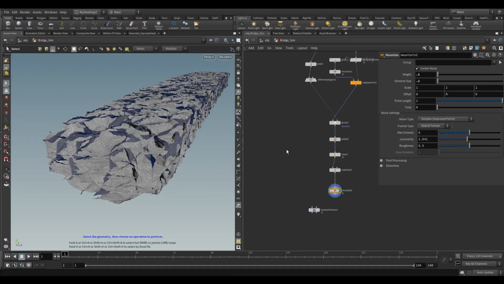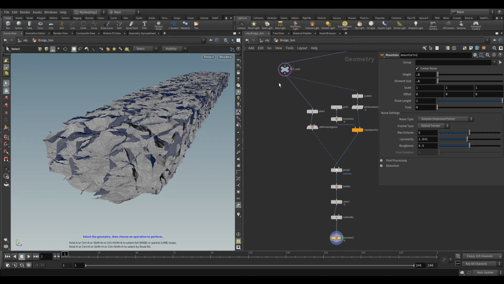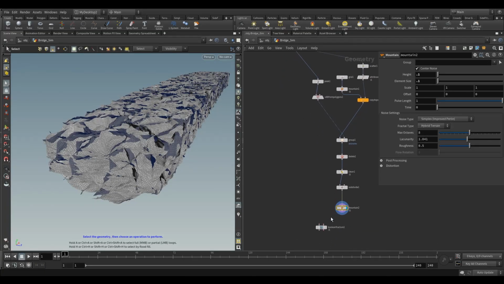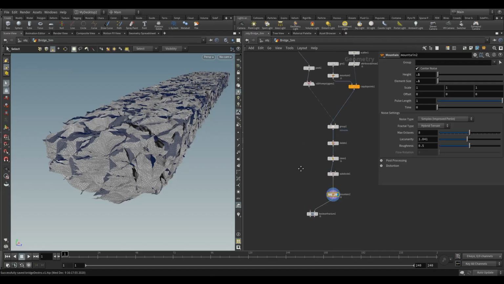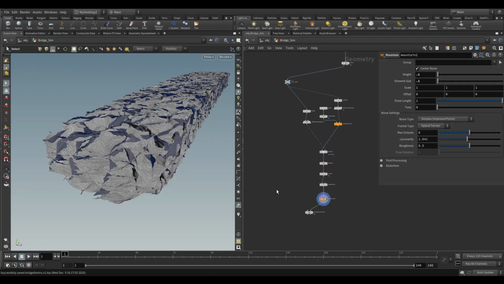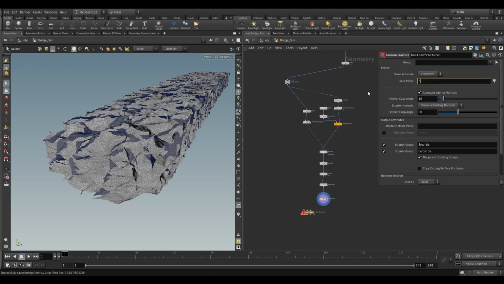So this could take a bit of time, so before doing anything that you expect to be heavy, like a Boolean fracture like this, good idea obviously just to save. Let's connect that up there. Actually, I'm going to cut that off. Change this to road, so that will be the name